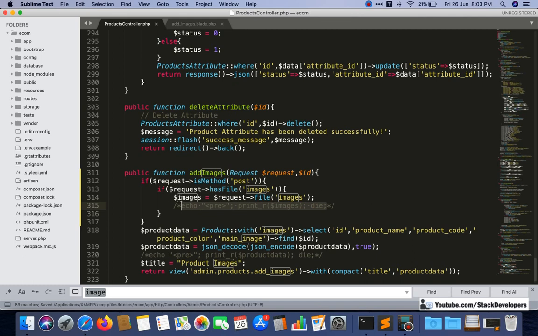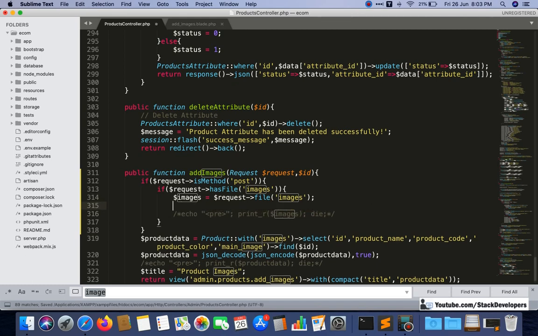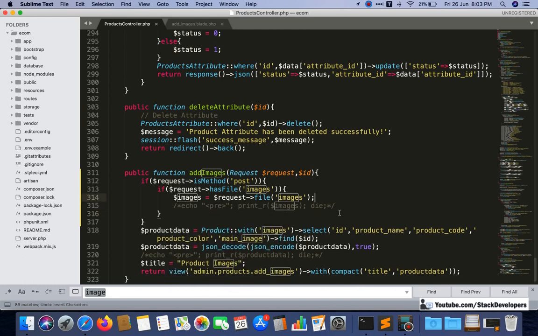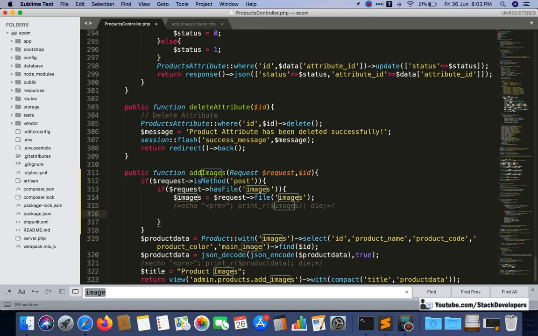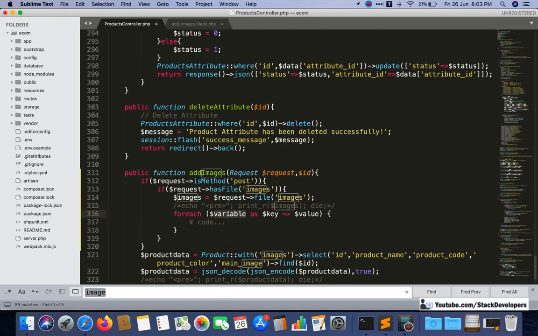We can now write further. We will add a foreach loop, because we need to upload multiple images and save multiple images, so that's why we will now use a foreach loop.